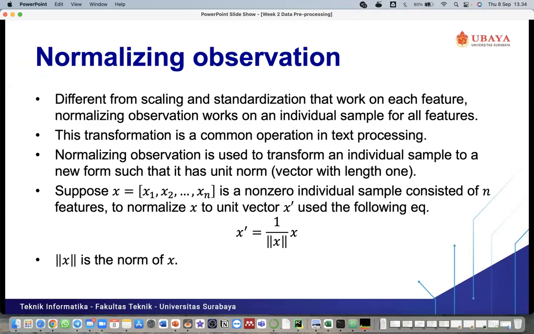This transformation is a common operation in text processing. So maybe if you take the IIR course, you will also use normalizing observation, because the data in text processing or natural language processing is text, words or something like that. Then every word will be represented as values, integer values starting from 0.